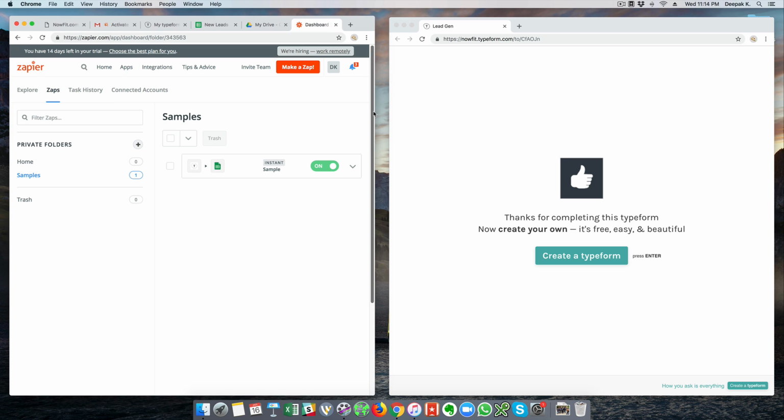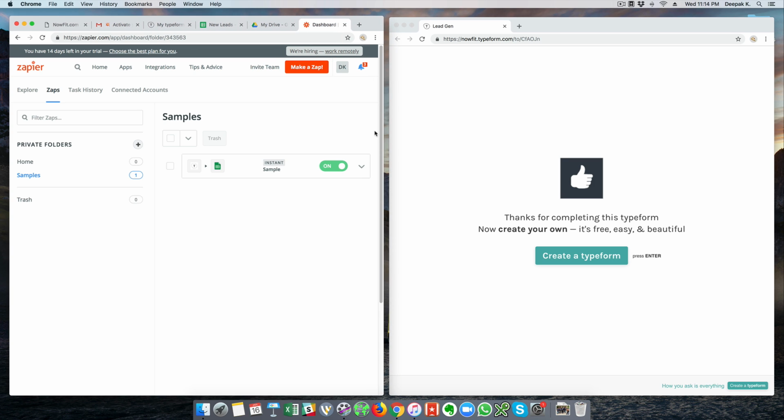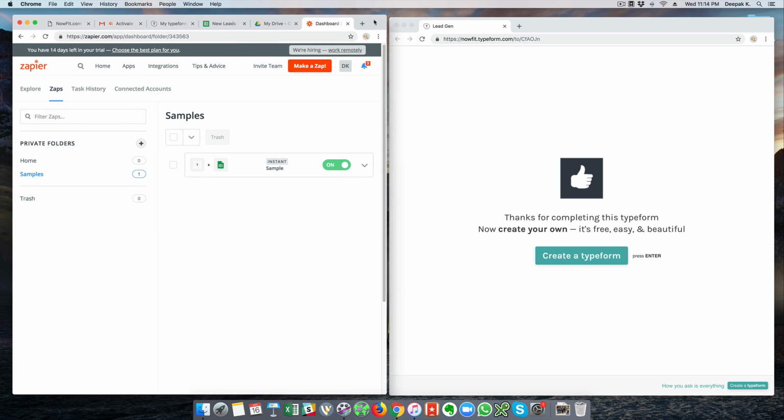So this is just a simple demonstration to help you understand what Zapier is all about. Zapier basically works with two different softwares and helps these softwares communicate. You don't need a developer to write code to connect these two apps. So now you are integrating the different things that you have and creating a business operating system by connecting all these apps. I have just shown you the example of how to use Typeform and Google Sheets, but